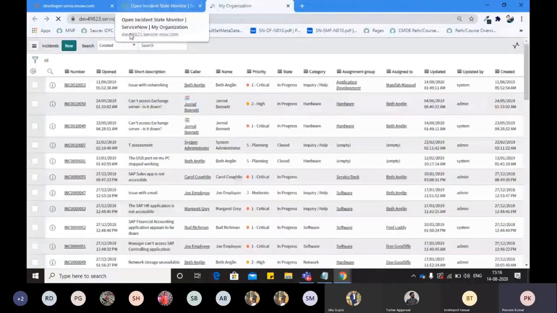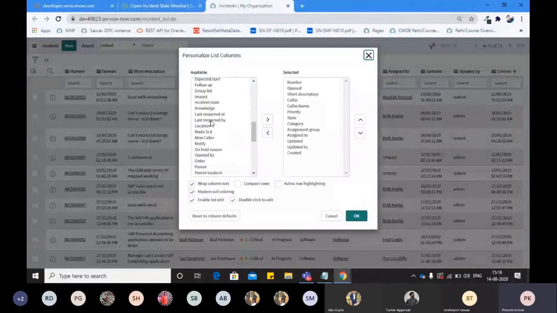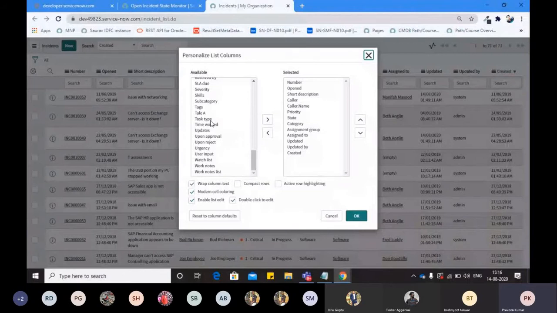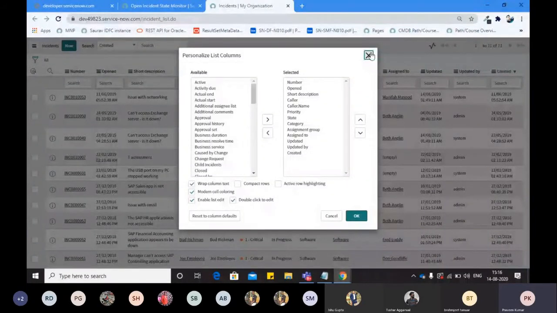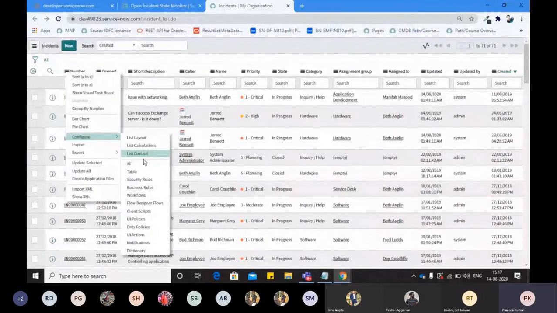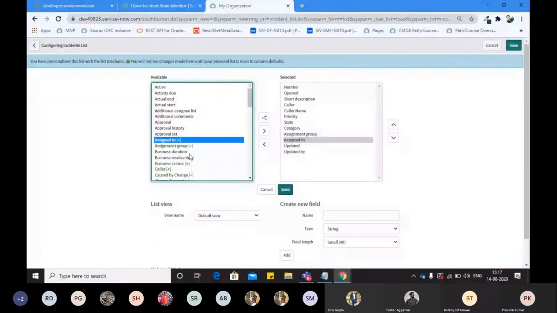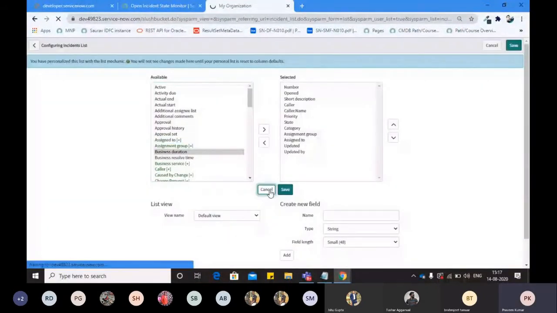So guys, whenever you are doing any changes from here, those changes are only for the logged in user. As I am a logged in user, these changes will happen only for me. But if you want to change the list layout for all the users in the instance, the default layout, you have to change it from these three bars, list layout, and whatever changes you do from here will be fixed for this table for all the users. So this is the fixed and dynamic thing.